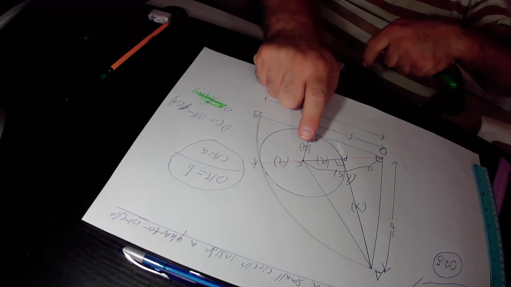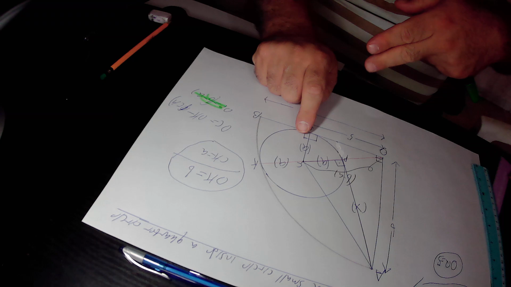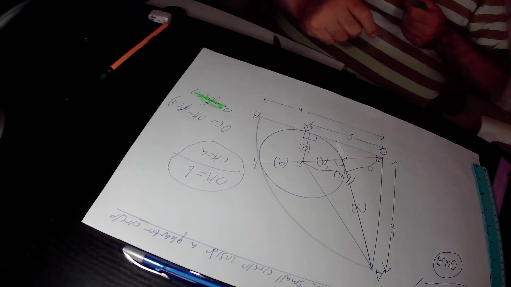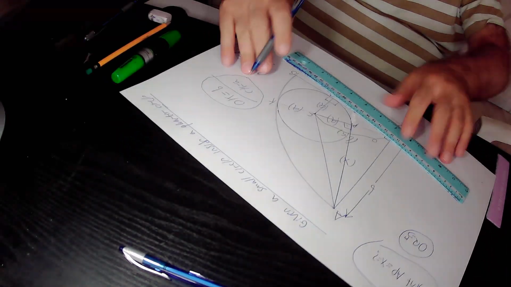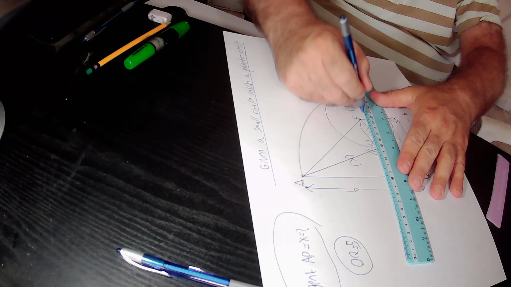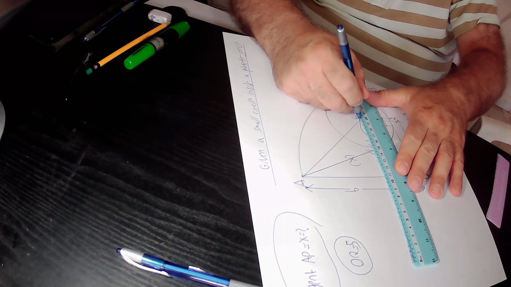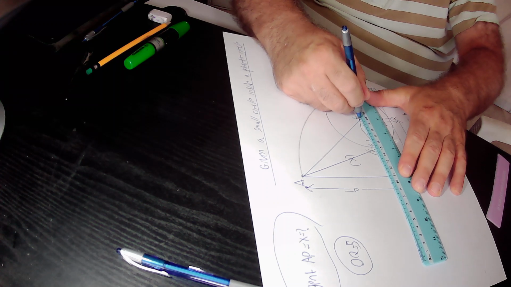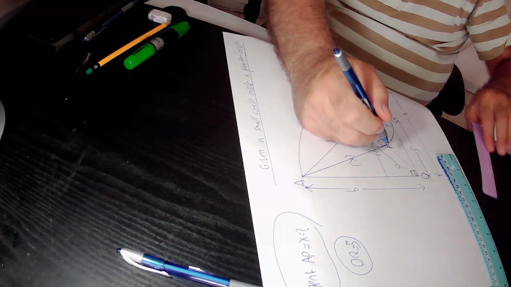Again, from point C, we will draw a perpendicular on side AO of the quarter circle AOB. So actually,